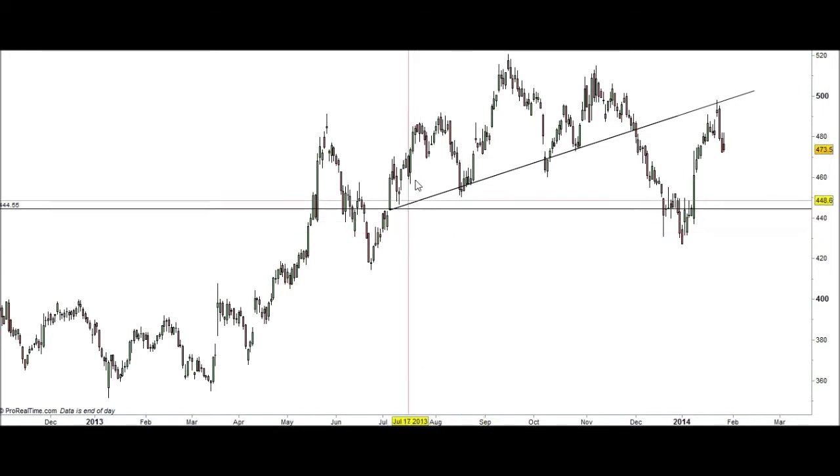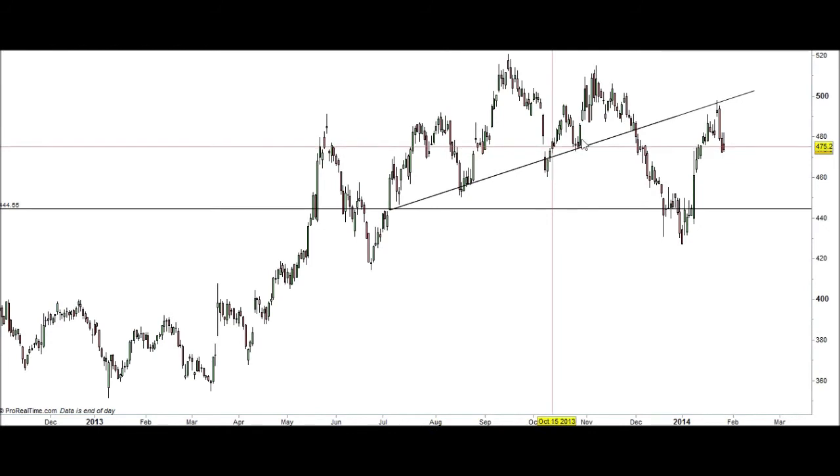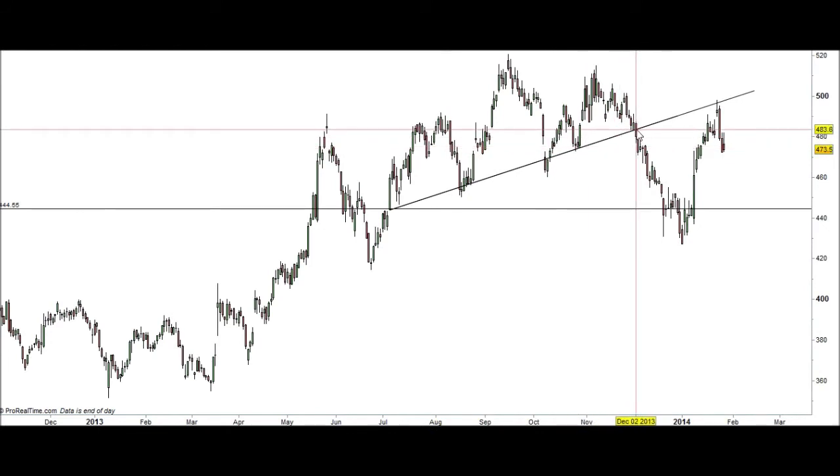So the measuring technique, what we would do is we would look at both shoulders. We would try to decide which is the highest formed. So we're going to go with the shoulder on the left. Measure from the top of that shoulder to the neckline, maybe with a bit of string on your computer screen. And then at the point where the midline is broken, use that bit of string to measure how low the